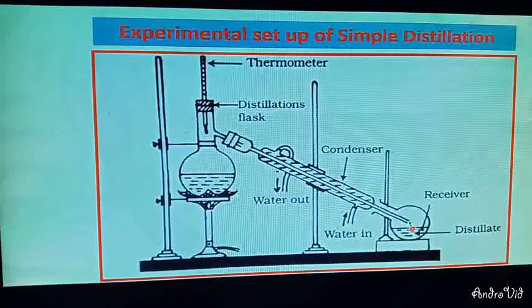So this is basically the way to separate the liquid substances that are present in this distillation flask. This is basically the way. Okay,